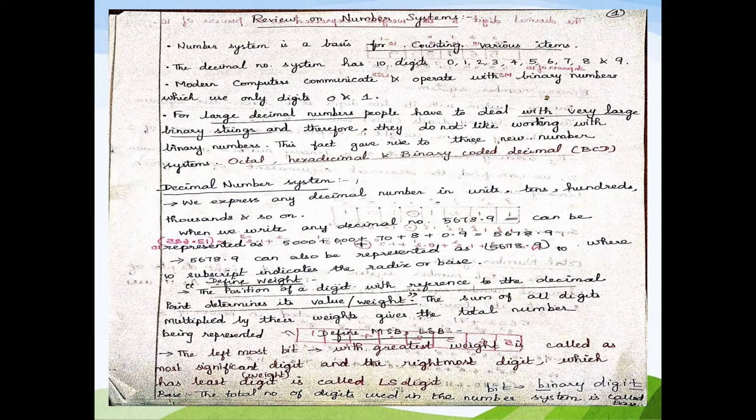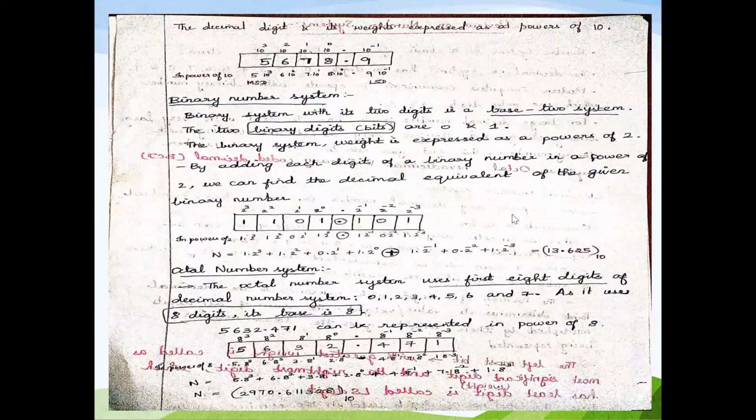In general, when you go for the binary number system, we represent in terms of bits, and the word bit comes from the words binary digit. So bit is the word formed with the combination of the words binary and digit. So this is about the basics of the decimal number system.